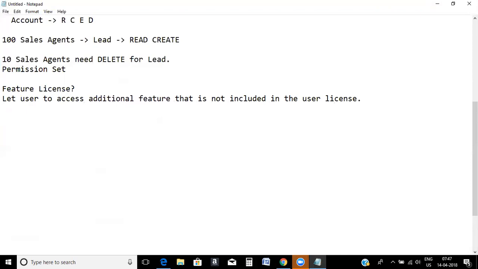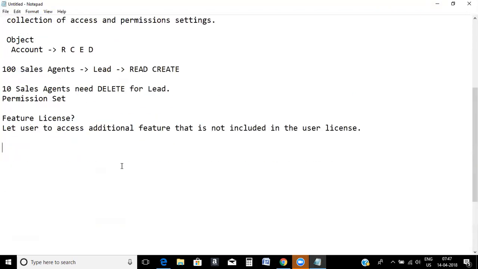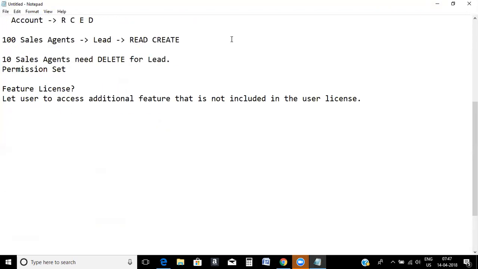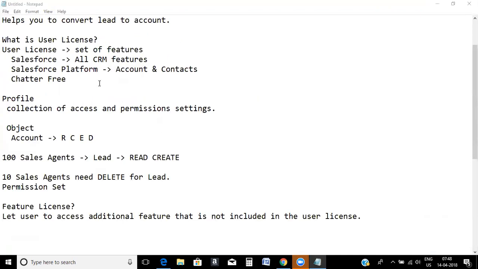Am I clear? More than one feature license can be assigned to the user. So are we